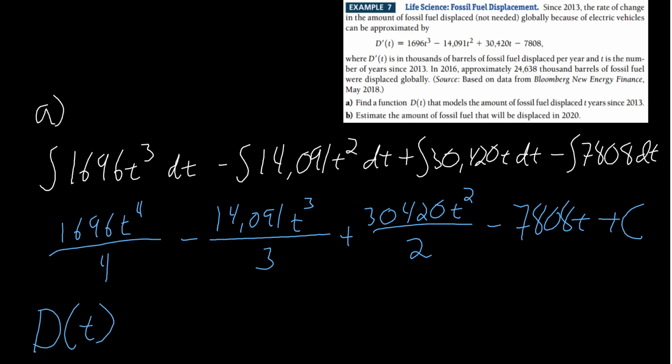and let's move this toolbar up here. We're going to move the recording up here, and we're going to write this nice and neat because I'm going to snip it and put it on the next page. So capital D of t is going to be, well, what is 1696 divided by 4? It is 424. So 424 t to the fourth